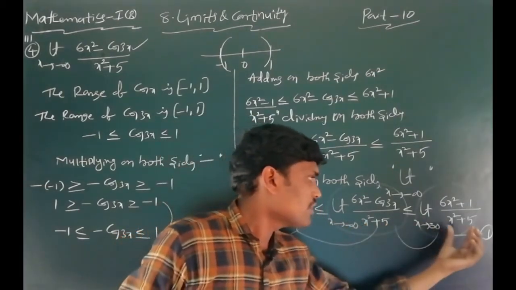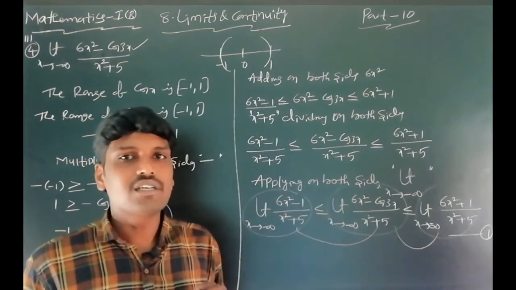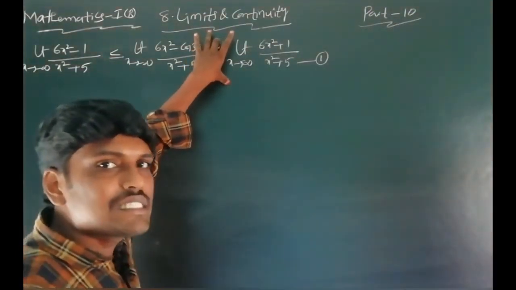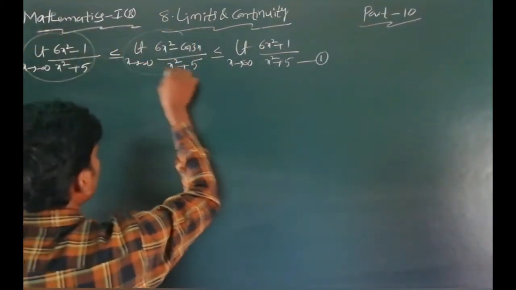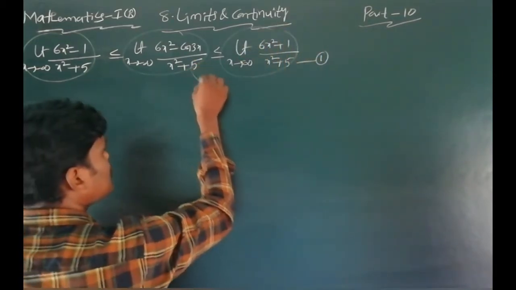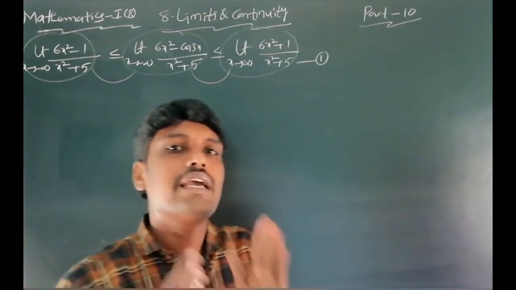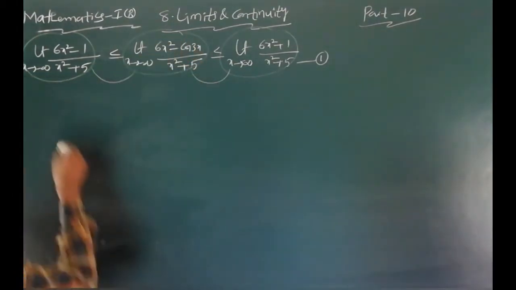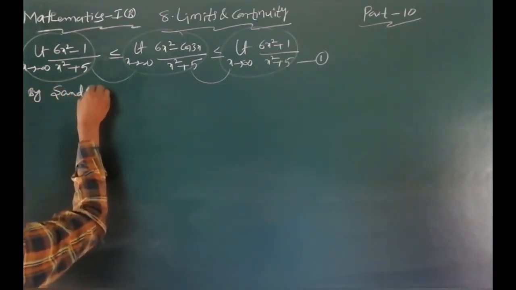Here this term equals this, or this term equals this, by equation 1. In equation 1, by using the sandwich theorem, this total is f of x, this one is g of x, and this one is h of x. These two terms are equal, so you can take any one condition by equation 1. From equation 1, by the sandwich theorem,